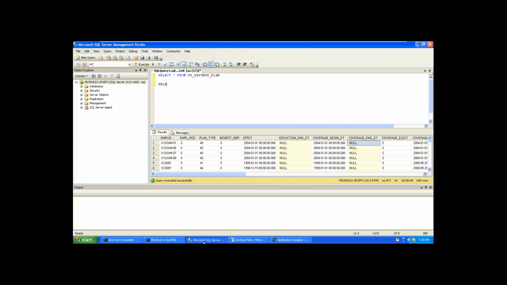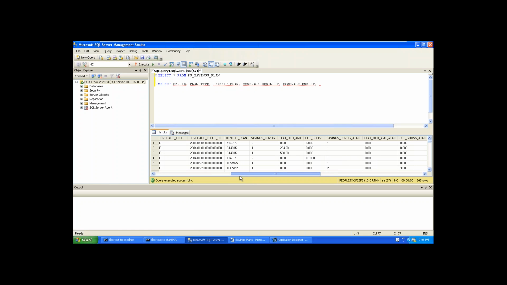Now here, from this particular table, I would like to select, this is not star, sorry, employee ID, comma, plan type, comma, benefit plan, comma, coverage begin date, coverage end date, okay, flat deduction amount.